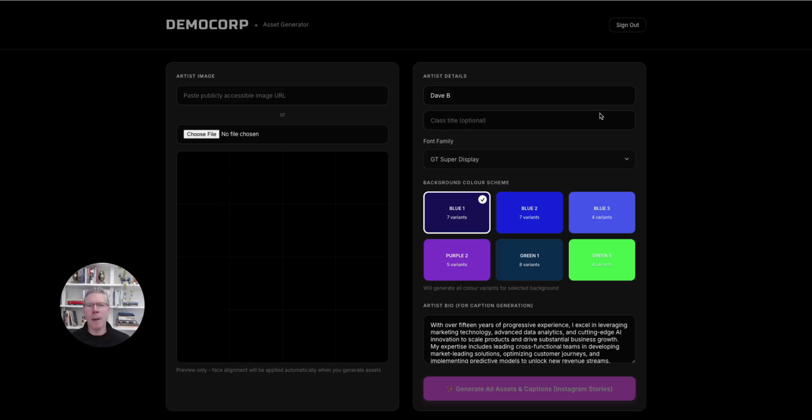And so the design team, the brand team at DemoCorp, they've created this beautiful design system for these types of assets. And the design system has very precise placement for the user's headshot in an image, in a template, for the different fonts that can be used, for the color combinations, for the exact placement within these templates. And it looks beautiful. It creates creative that anyone would be very happy and eager to share on social media because it just looks beautiful.